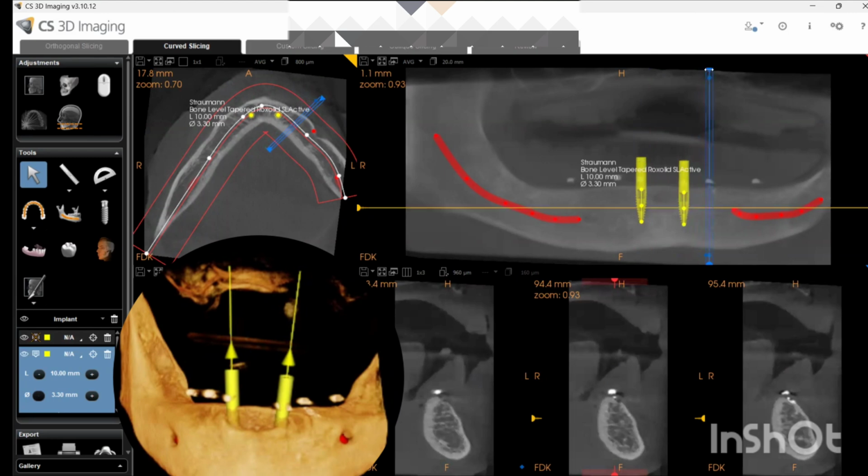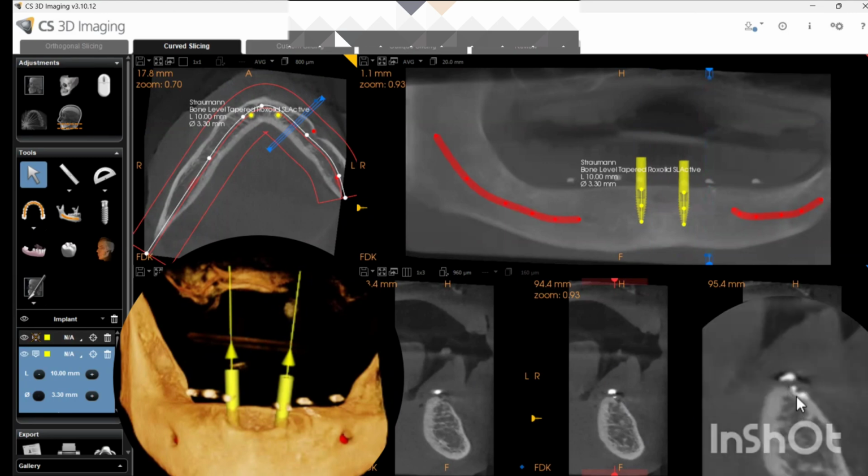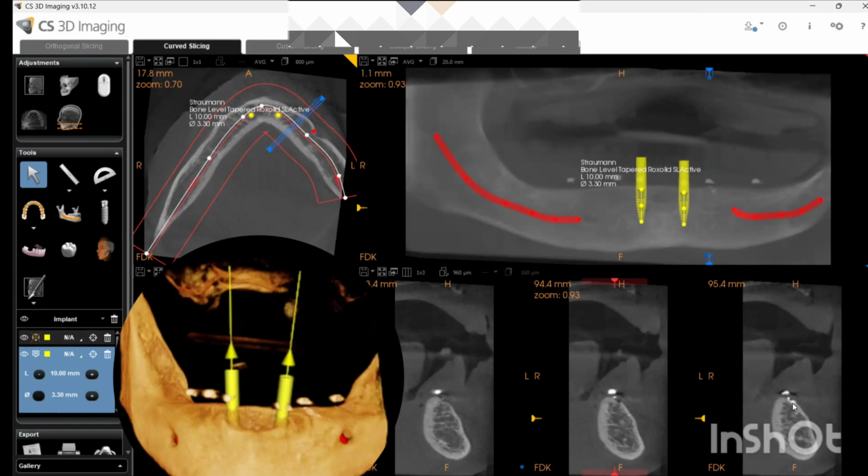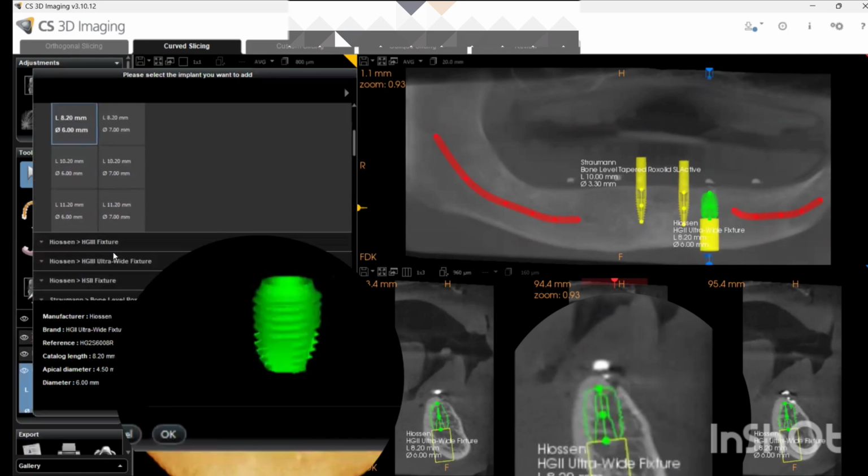Now moving to the premolar region. So this is my premolar region. Remember, what is this? So this is just a radiopaque endodontic or restorative material. You can see the density, so maybe at the time of extraction this restorative material has been left, that is why you can appreciate it here. So it's not going to cause any difficulty during your implants. Again, take the measurement and just leave your cursor. You have n number of options.